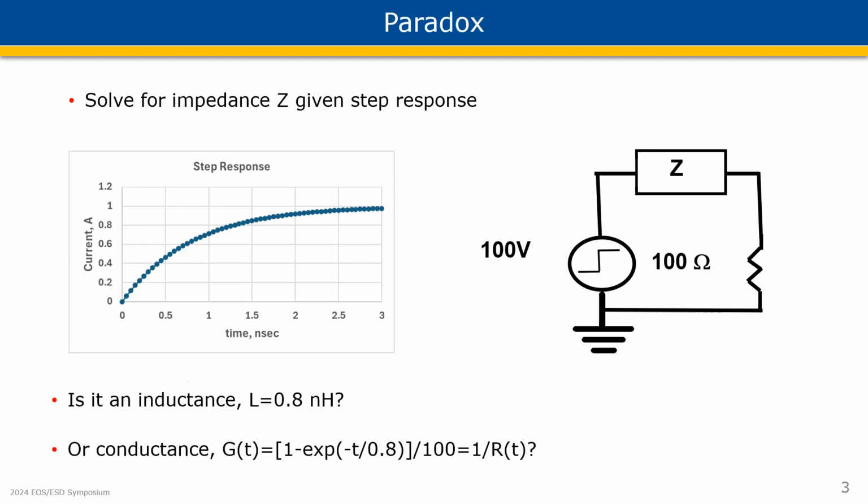We're always faced with what does a good fit mean? For example, if we were to find a good fit to a step response as shown, looking for a solution to the arbitrary function of arbitrary impedance there, it could be explained by an inductance, 0.8 nanohenries in this case, or a time-dependent conductance exponentially approaching a final value. So exactly what happens there